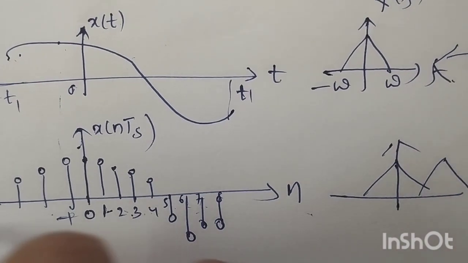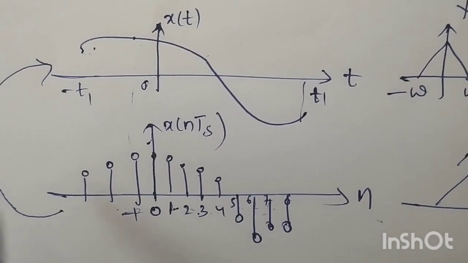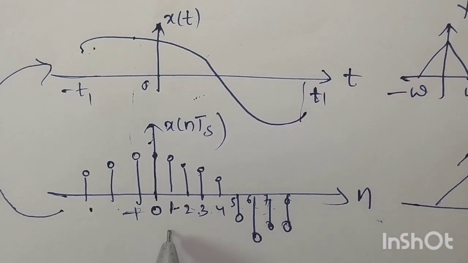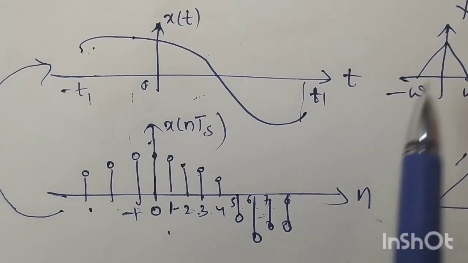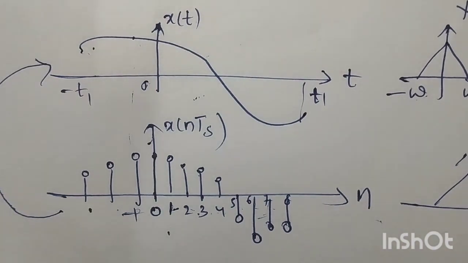again we should recover the original spectrum. Again we have to convert back to the original input signal, the continuous time signal. We have to get back our original input signal from the converted signal. Perfect reconstruction must be possible. Like that we have to take samples, so the original spectrum must be recovered back. Then only that is perfect reconstruction. So that's why we should not take samples randomly, but at regular intervals using some criteria